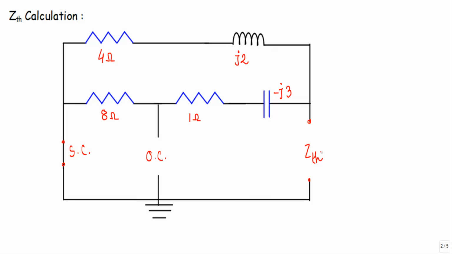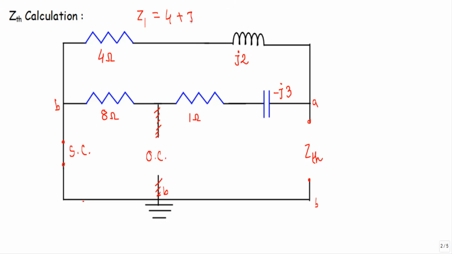Here we have to calculate ZTH with respect to A and B terminals. See, if this is our B terminal, you will see I can continue this B point up to this point. As this is an open circuit, I can disconnect this portion from the network. So see, with respect to this A and B terminals, I have this impedance, I have the resistance 4 ohm and this J2. If I call their branch impedance as Z1, you will see Z1 will be equal to 4